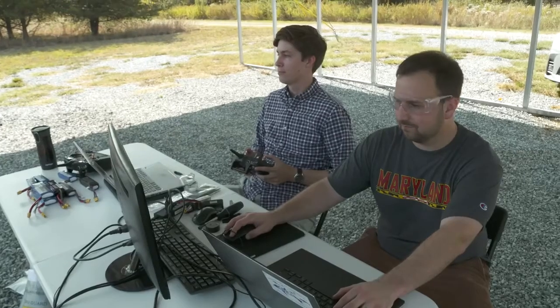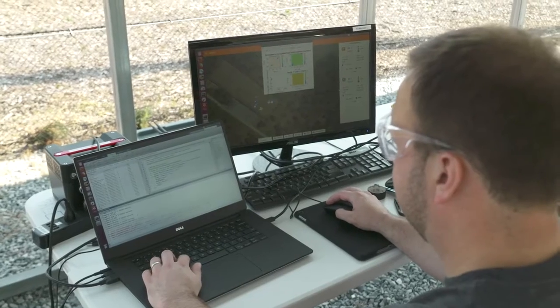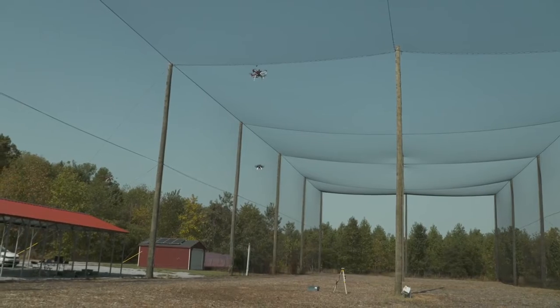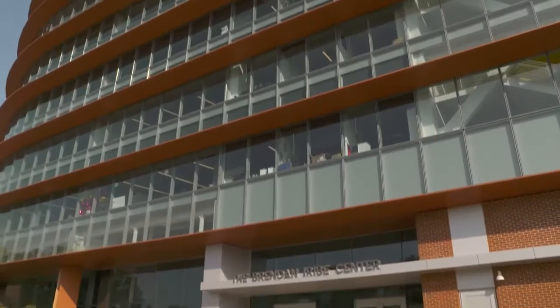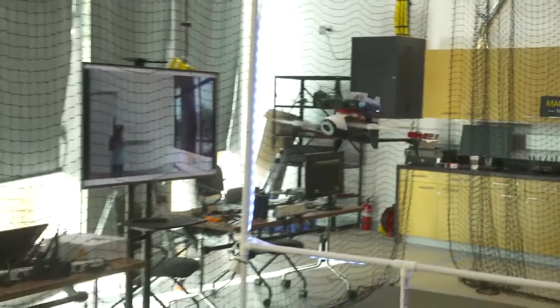Today we are here at the Fearless Flight Facility, where we have multiple quad rotors which are taking off. They're using synthetic flight data to complete this map and search mission. As they explore the environment, they use the idea of mutual information to guide their search. The eReeb Drone Lab is a brand new shared lab that allows us to study aerial robotics using motion capture